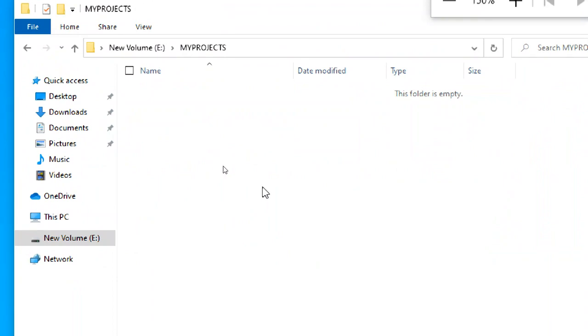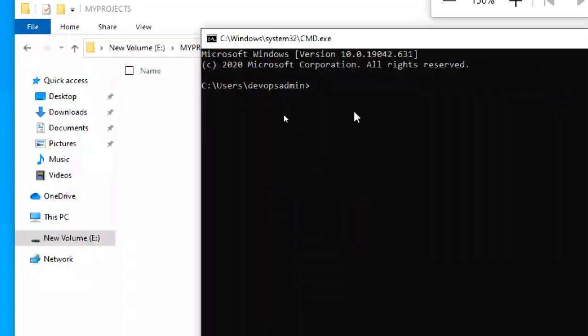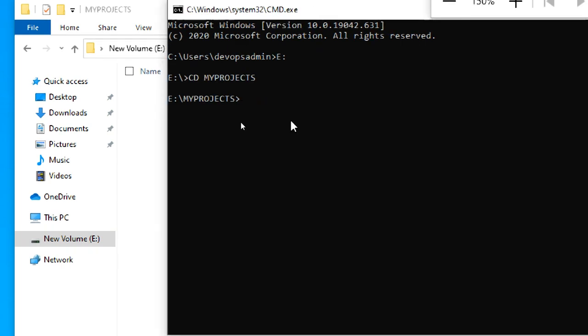So what I'm doing is I'm going to a CMD. Here, E drive, CD my projects. So I am in the directory. Look carefully: CD my projects. Here what I'm going to do is mkdir, creating a directory. The directory name is data1. I created a directory.